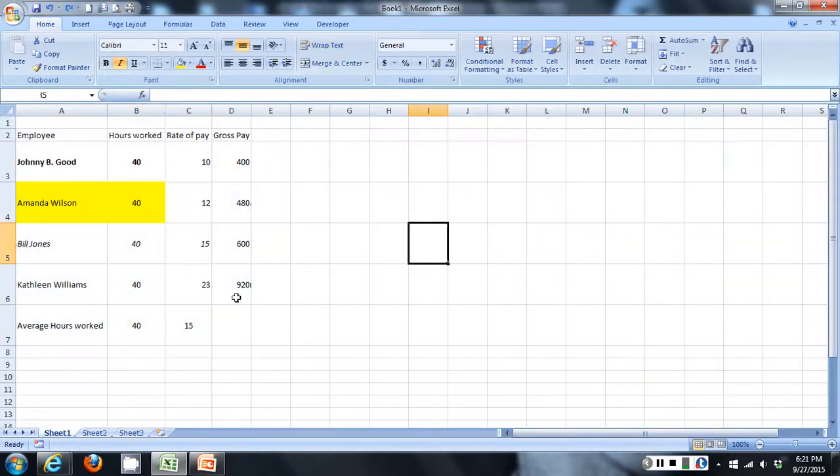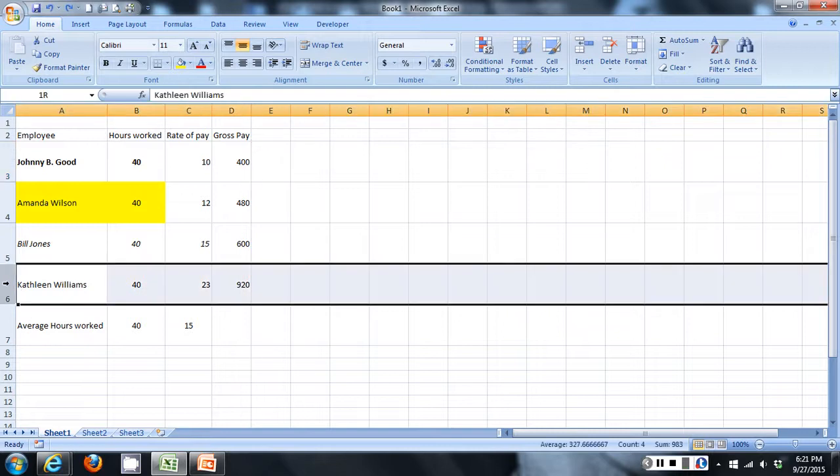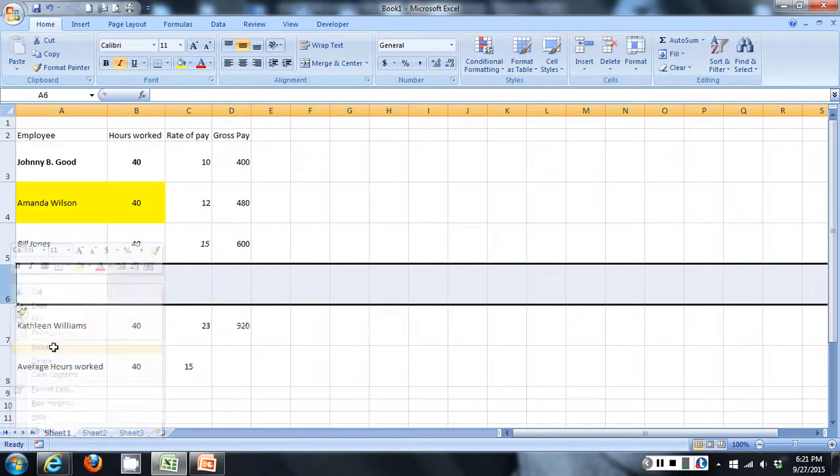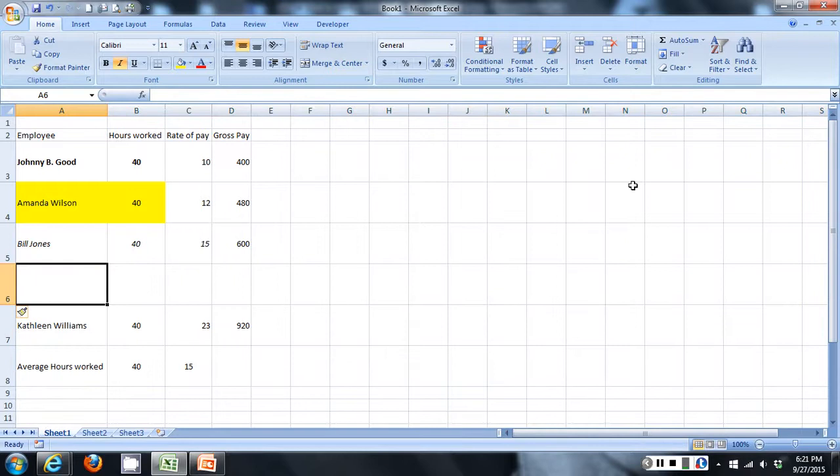Entering text into Microsoft Excel is a little bit different if you've never done it before. You merely click on a blank cell if you want to enter. Let's enter a new employee by inserting a row. We're going to insert a new employee. If you want to type text in a cell, you just select the cell and type the text or value that you would like to enter. Now you can hit to input